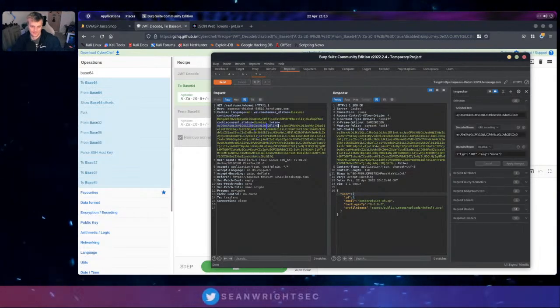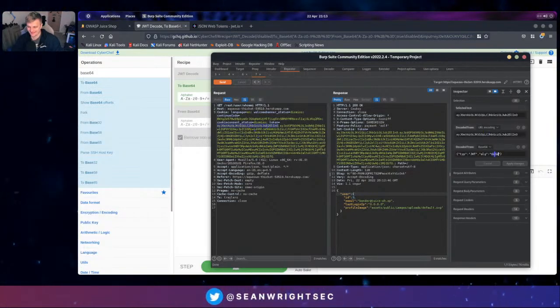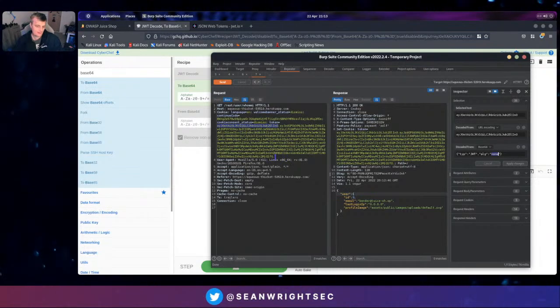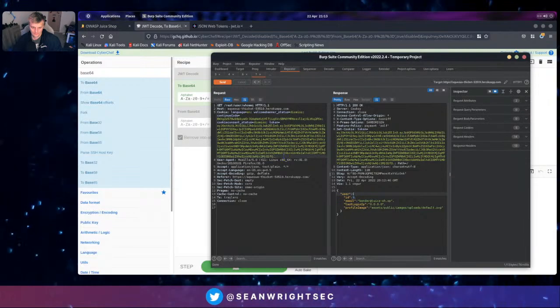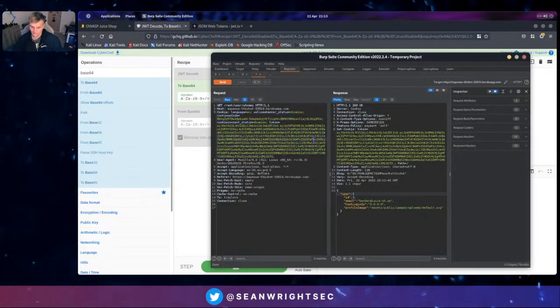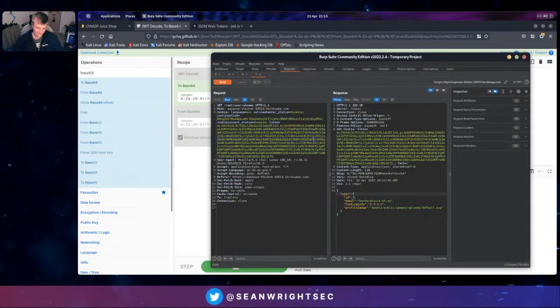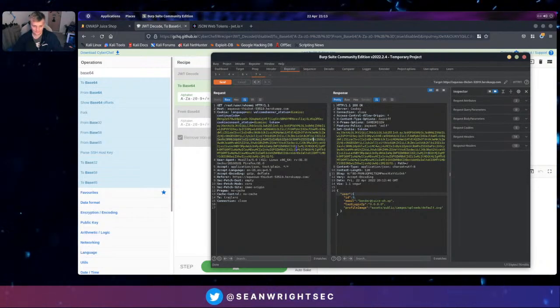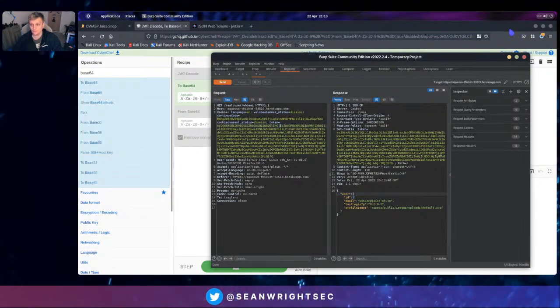So just recapping, the algorithm is none, and as a result, it's not doing any signature validation on the actual token, and therefore you can modify the token. And because it's using that for authentication, you can then alter your user. So I suspect in this case, what we could do,